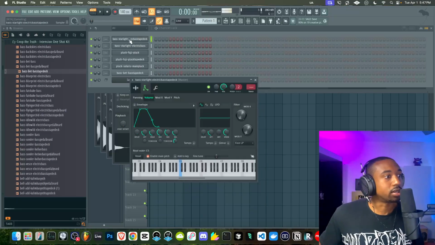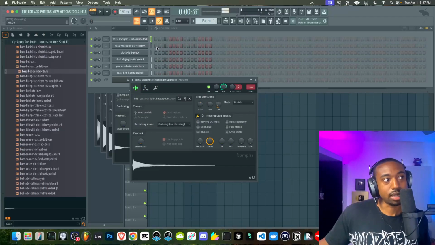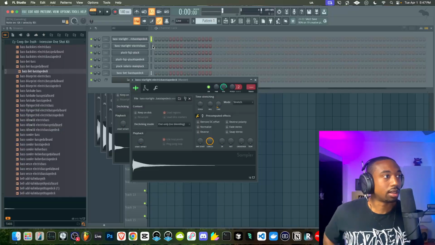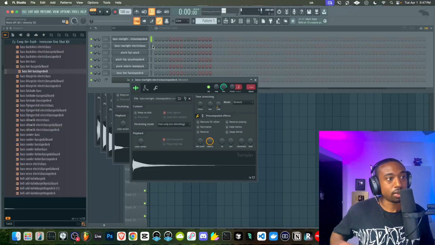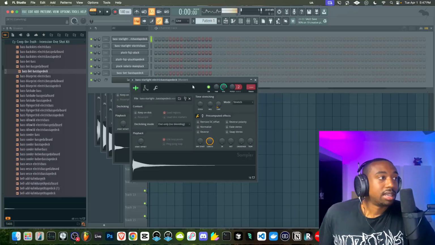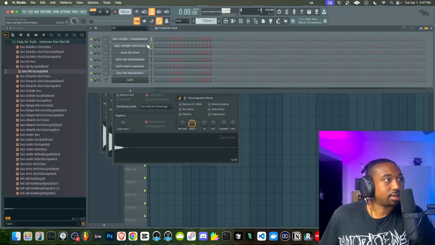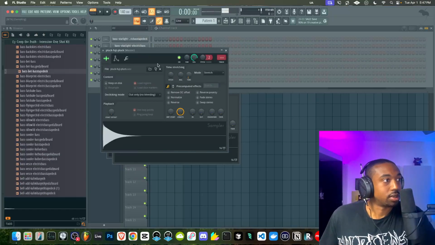Now what we can do is go to each sample. I learned this from Larry O. We can turn this to stretch mode so that each note it plays is the equal length across the keyboard. If you have that turned off, when you play high notes, it will make the sample move faster. The only drawback to this approach is that it takes a long time to process all this stuff.